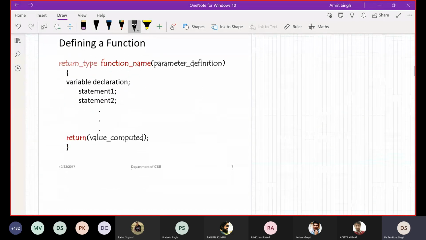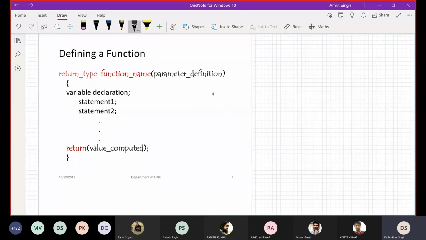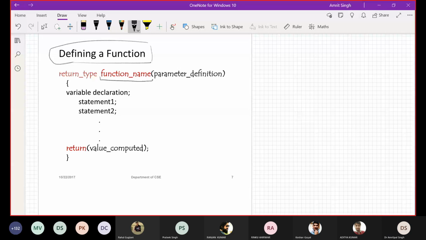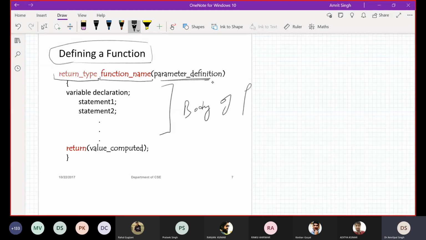Okay, so how to start? These are the basics of how we can define a function. This is the syntax. First we have the name of the function, then the return type of the function, then we have parameters. We are going to discuss these things. Then all these things come under the body of the function, like we have a body of a loop.